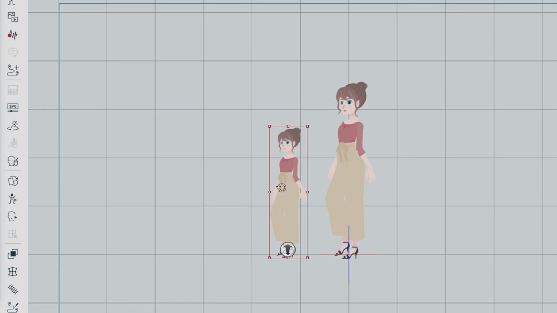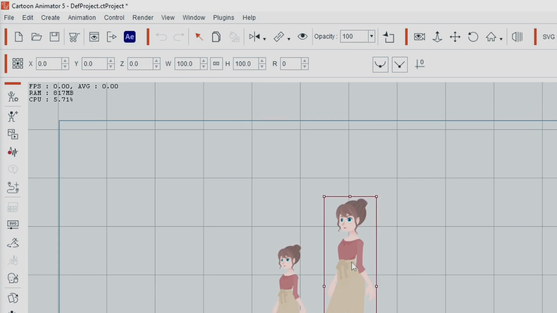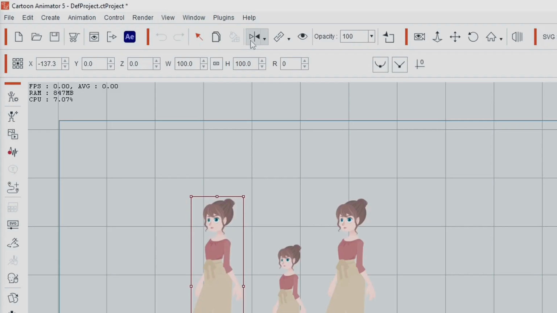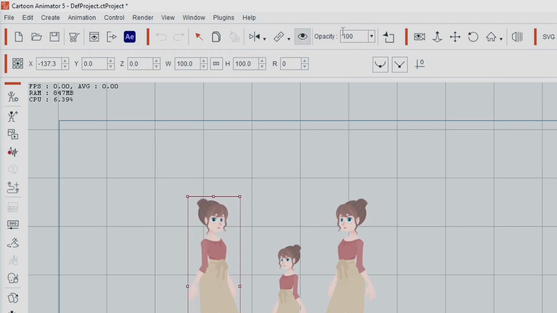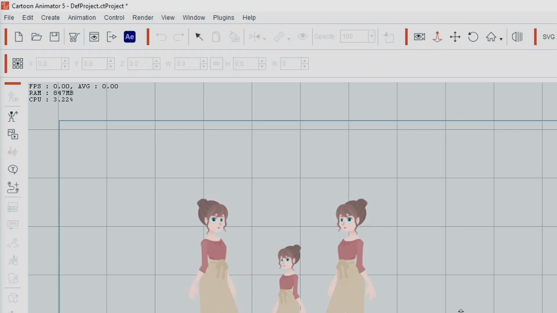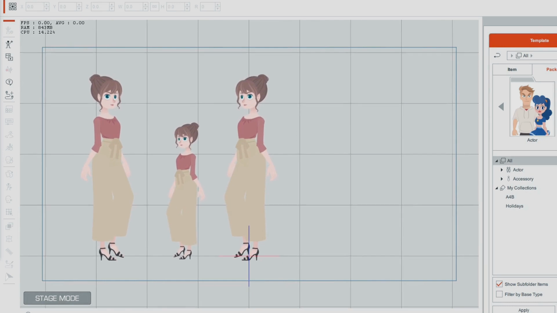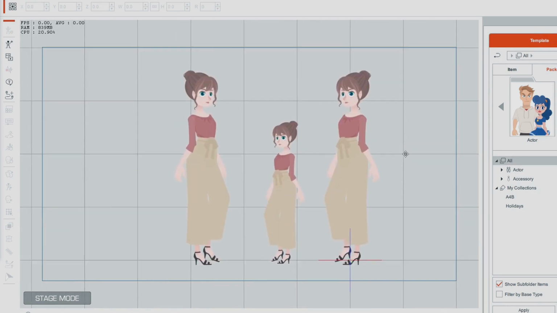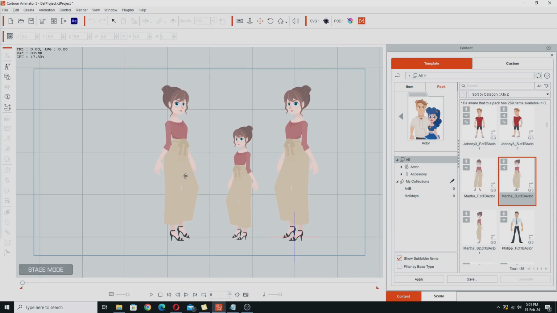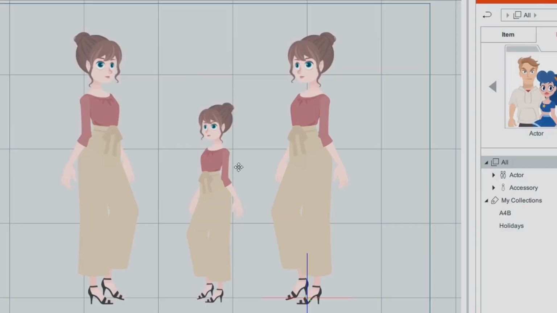So in order to make this look more like an actual cartoon child, I'm going to duplicate this character again and we'll move her over here. For the purpose of this, I'm just going to flip this over, and I'm also going to bring the camera in a bit so we can see this better, more into the middle of the screen. So there are some differences. As you can see, this is more obvious now that this looks just like a shrunk person rather than a